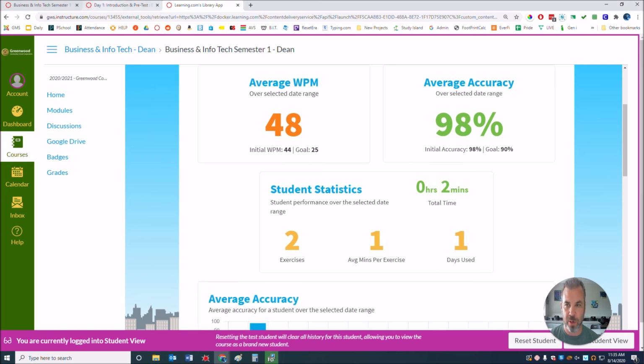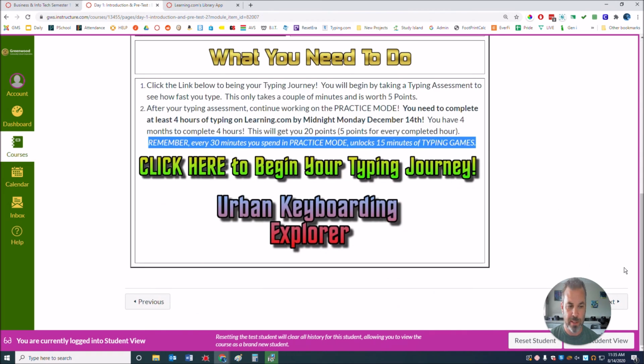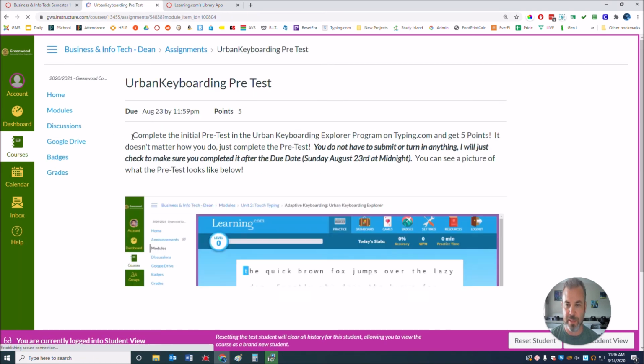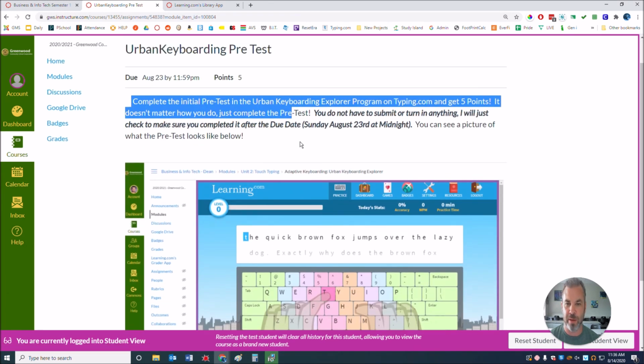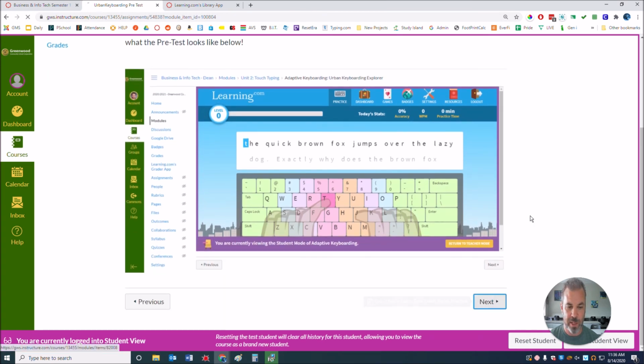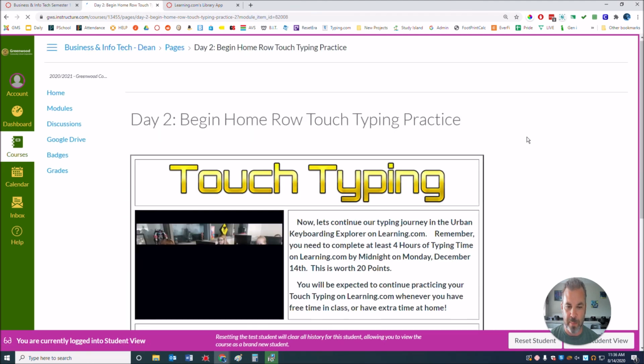So I'm going to go back to my modules. This was day 1. Let's go down here and let's go to next. This is the assignment saying complete the initial pretest. That was the one that started with the quick brown fox. When you get that Jet Setter pass badge, you have done that. So we can go to the next page, and you're just going to see where I just want you to